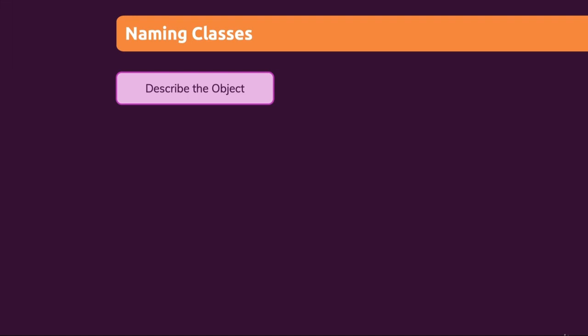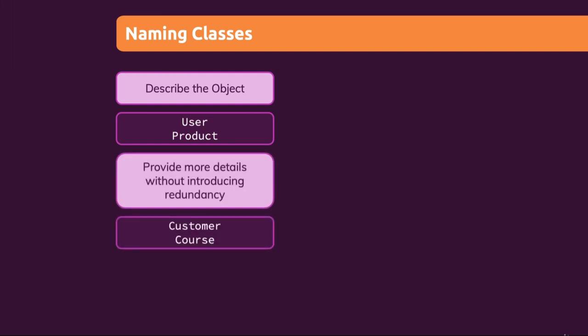You can have static classes with static methods, but typically you instantiate something, and therefore the class name should reflect which kind of object gets created. Hence, classes might be named something like user or product if they reflect these objects. You can, as always, provide more details if it makes sense and doesn't add redundancy. So your user class could become a customer class, your product class could become a course class if your product